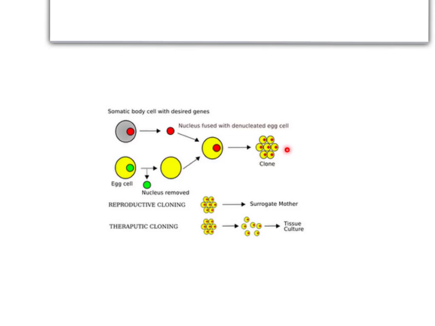Now what we do with this clone will determine whether we are doing reproductive cloning or non-reproductive cloning. If it's reproductive cloning, we would take that ball of cells and implant it into the uterus of a surrogate mother, and that ball of cells would develop into a new individual. In terms of plants, this ball of cells, which we call a callus, could be planted into particular nutrient mediums with the right growth hormones, which would develop shoots and roots,